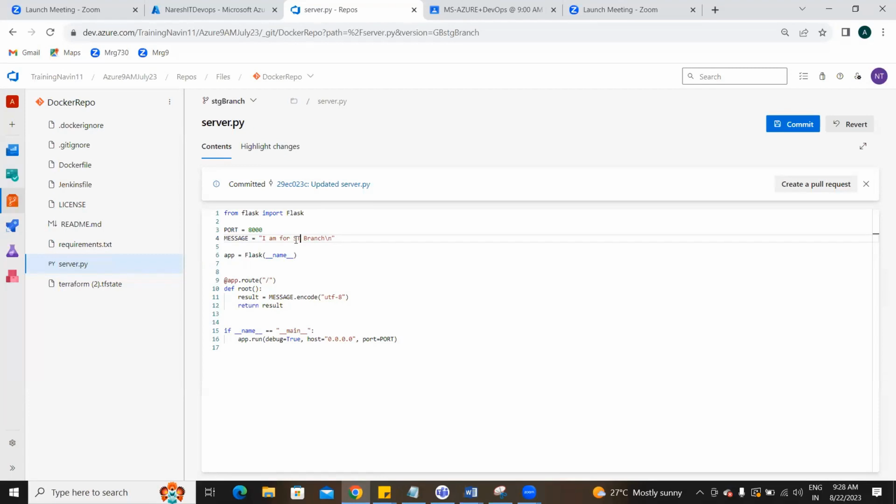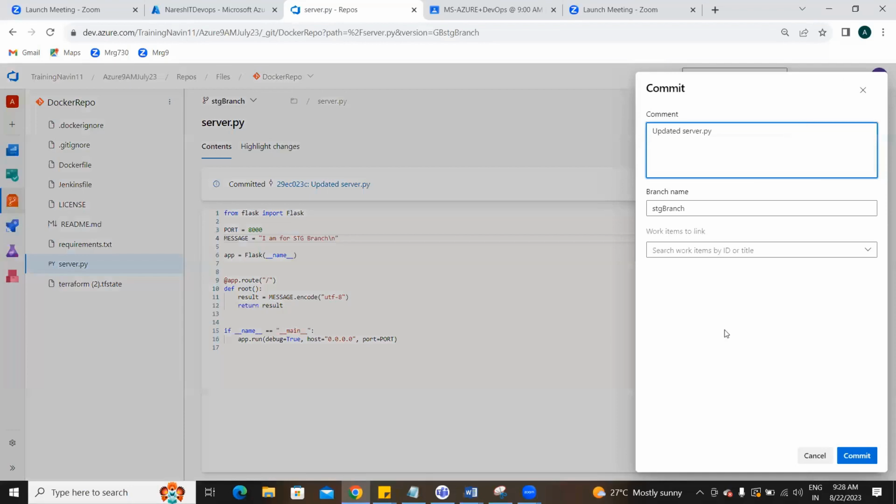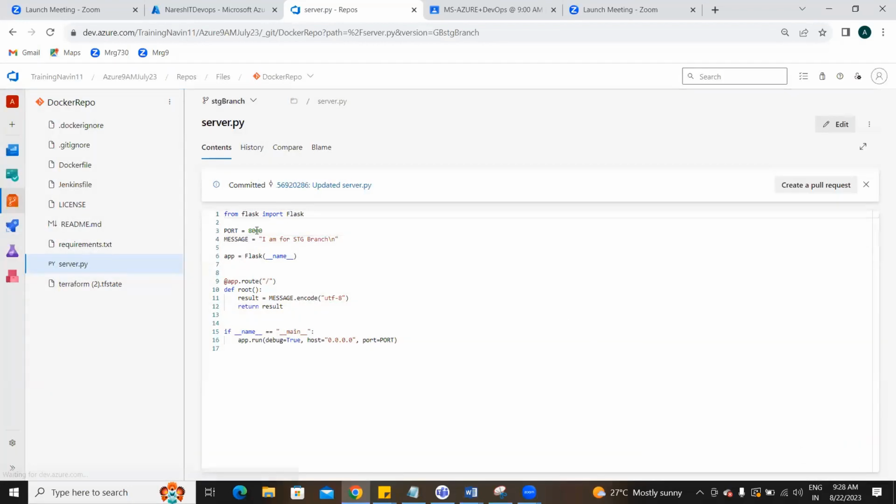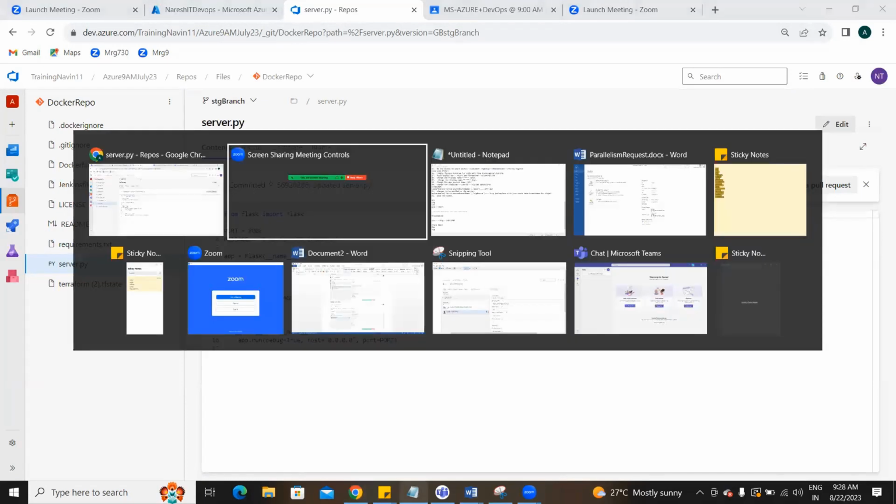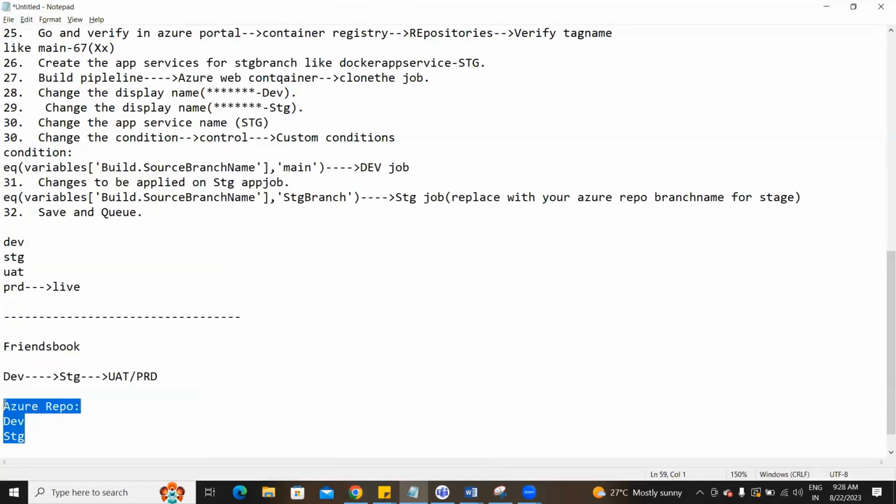It was not recorded, so I'll repeat once again. Have a look, please. What I did, I first went to what my aim is. My aim is to deploy the code in multiple environments. Let's say I'm going with Facebook. Facebook can have multiple environments: dev, stage, prod. I'll not go with the three, though you can. I'll go with only two, dev and stage. So we'll create a separate branch for the dev environment.